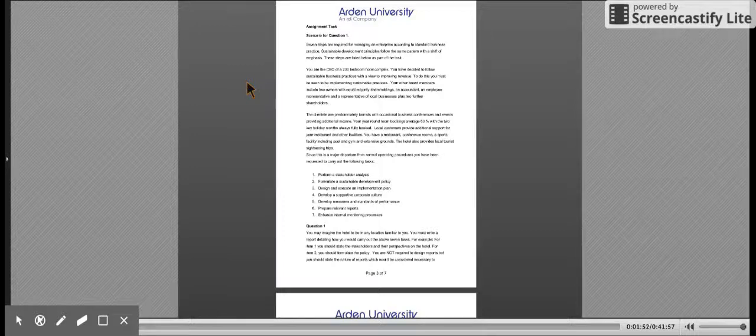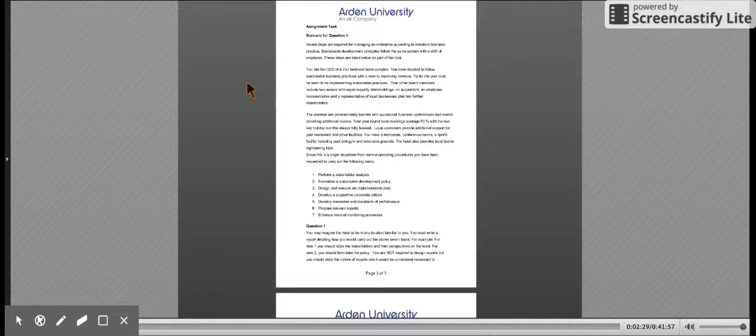So crucial information that we have in the question is that we have specific stakeholders that we can see. We'll come on to that in a moment. And then we've got information about the way the business functions: 60% year-round average bookings, and then local customers providing additional support for restaurant and other facilities. And then we've got some information about the other facilities itself, and then the extensive grounds. So we need to factor those in and take those into account